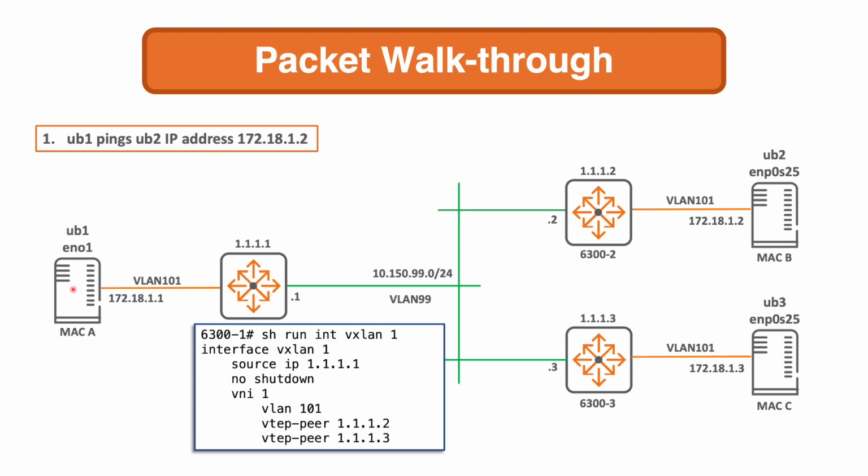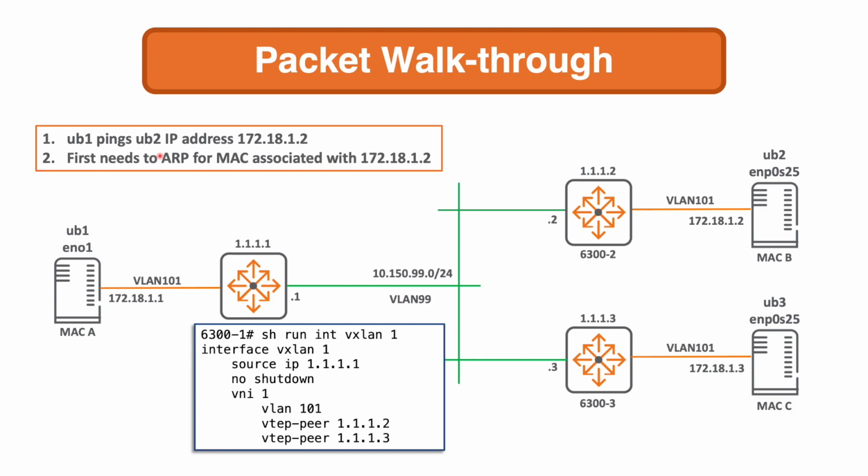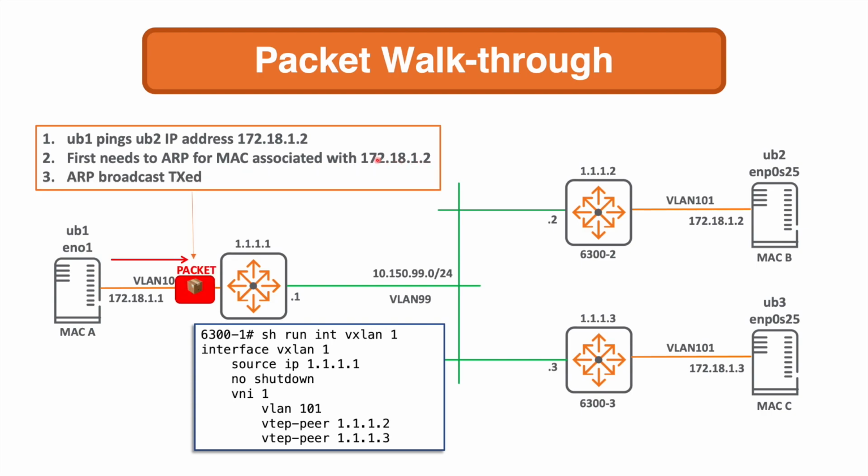So they're just going to act in this scenario as standard IPv4 traffic forwarding. So UB1 pings UB2. But first of all, and we're starting from scratch here, we need to ARP for the MAC address that's associated with 172.18.1.2, of course. So an ARP is broadcast by UB1, that hits the